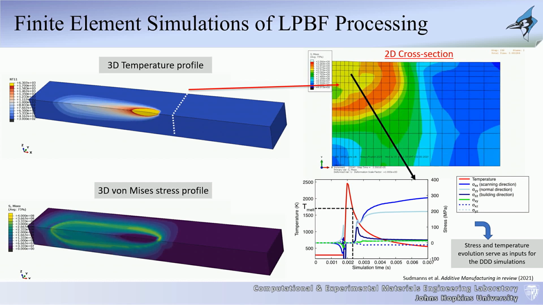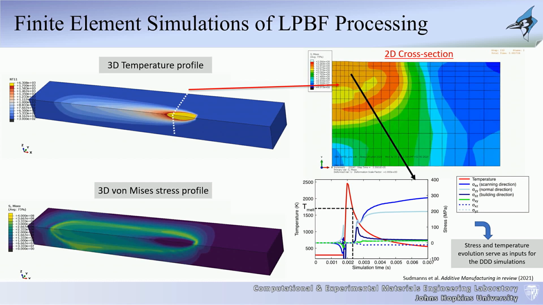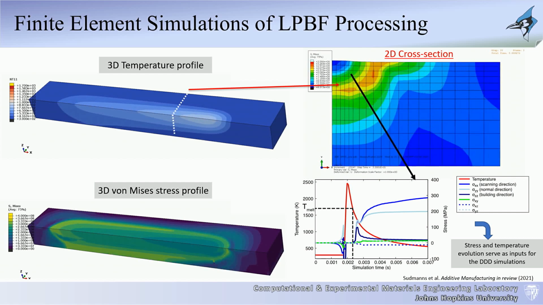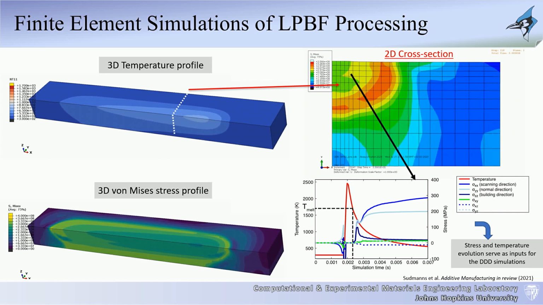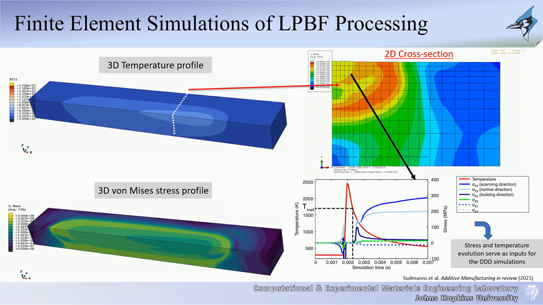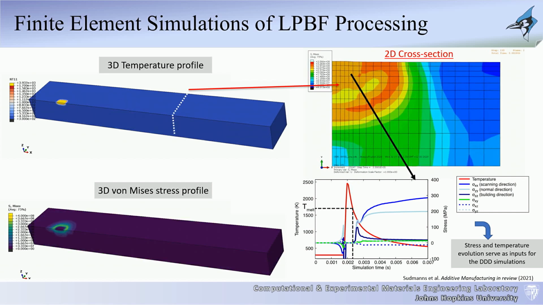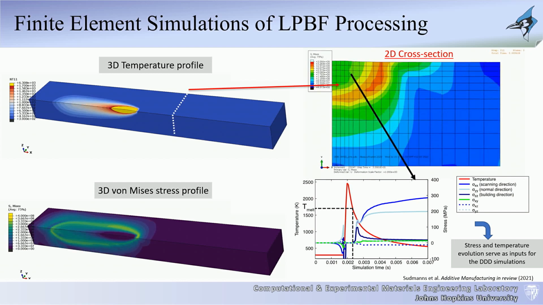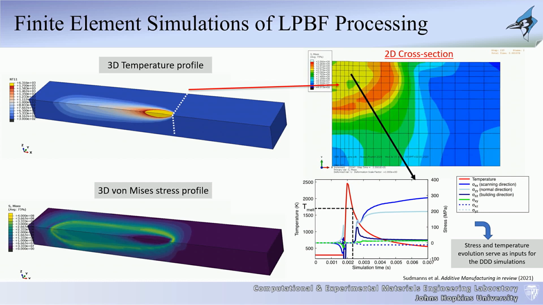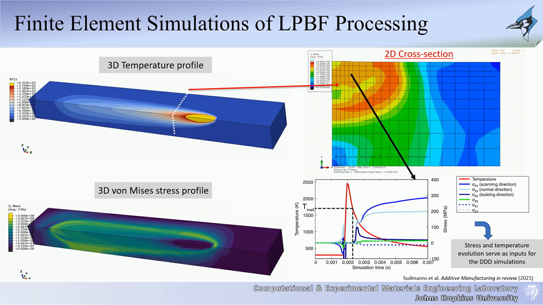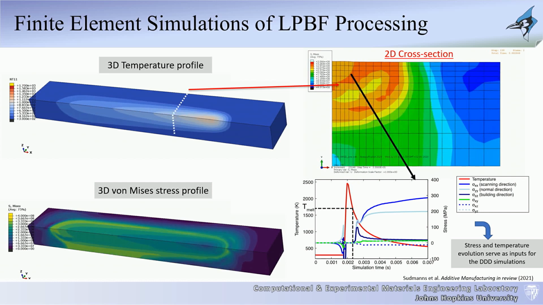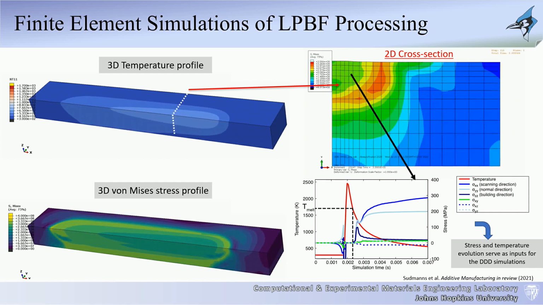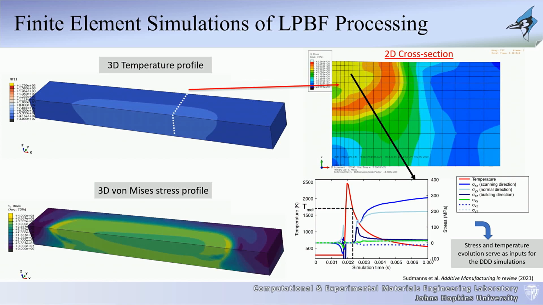You generate that, run the simulations. These are the types of predictions that you get. What you're seeing here is the 3D temperature profile. Down here, I'm showing you the evolution of the 3D von Mises profile. Now, if you take any cross-section, this would be a cross-section representation here, and I'm showing you the evolution of the von Mises stresses again on that cross-section. And you can see clearly that different locations in the cross-section have different stresses because they're experiencing different temperatures.